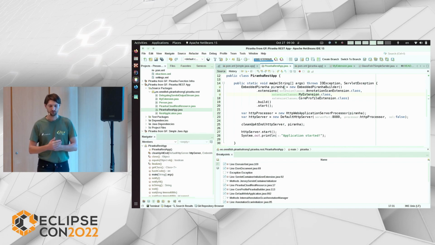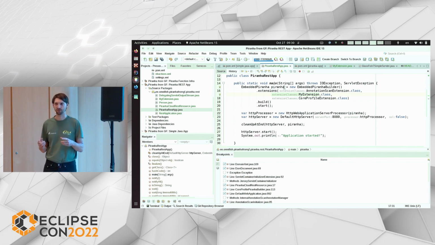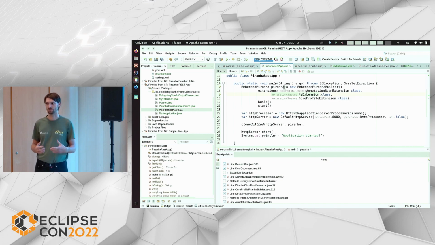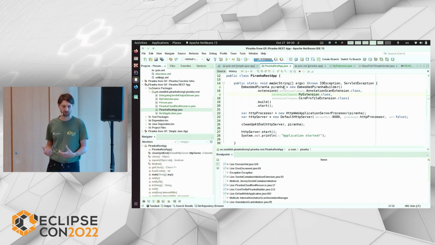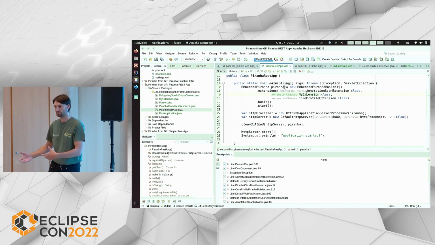You can package everything in a custom class loader, which implements some interface, and then the annotation scan extension can basically load it as from a WAR file, because we know a WAR file is a closed world, so you have all the classes and all the resources there, and it's possible to scan all of them. But in this case, I have a flat class path, so very general, very simplistic. So my extension just provides the pointers to the classes.